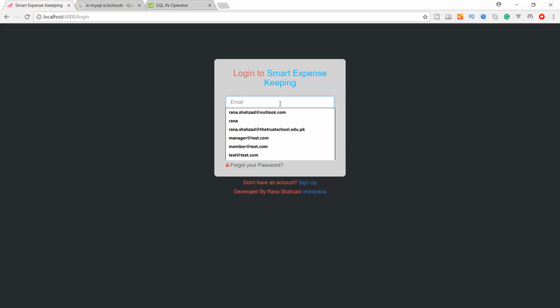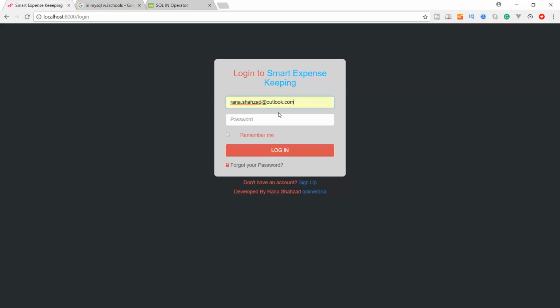So this is the stage to optimize, and we can clear our concepts and make understanding better. Let's log in, and I will show you what we are facing right now.